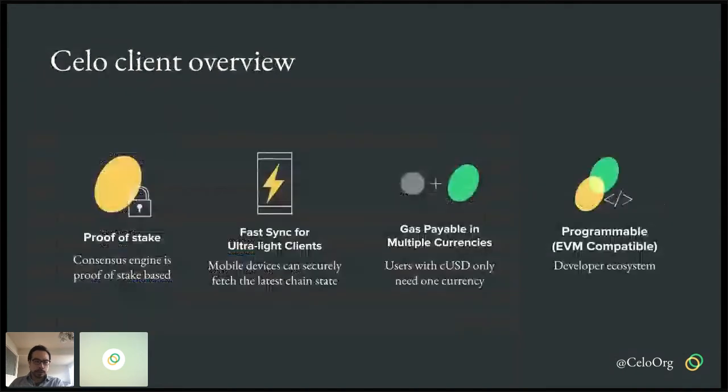So after forking from the go-ethereum code base, the C-Labs team decided to add the following features. And again, this is not a comprehensive list, but I think it's a few features that we have highlighted in the past. One of the most important features that we had to add was a proof-of-stake consensus engine. And again, the end user reason for this is so that we can increase the transaction throughput of our blockchain, as well as reduce the finality time.